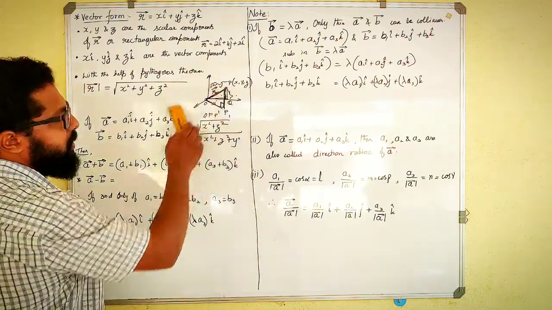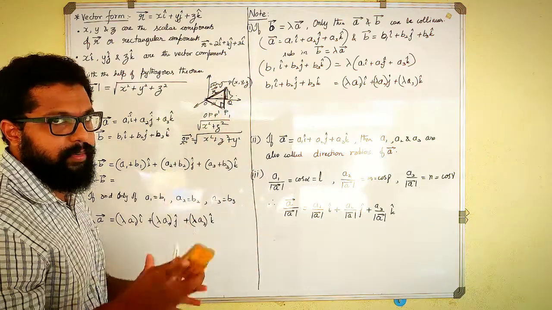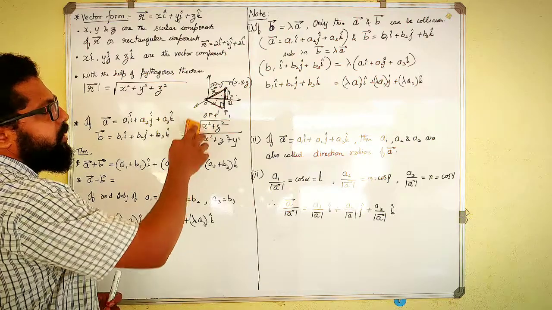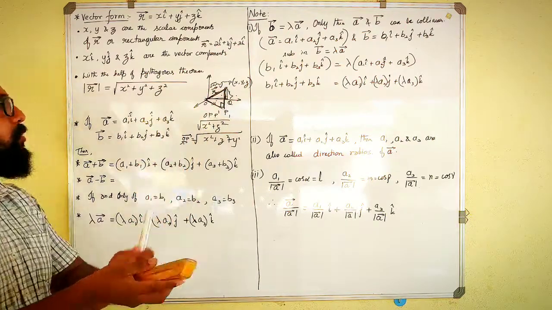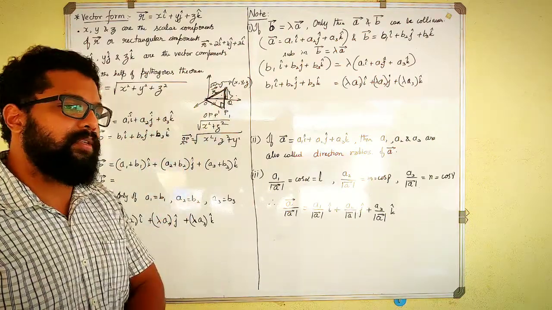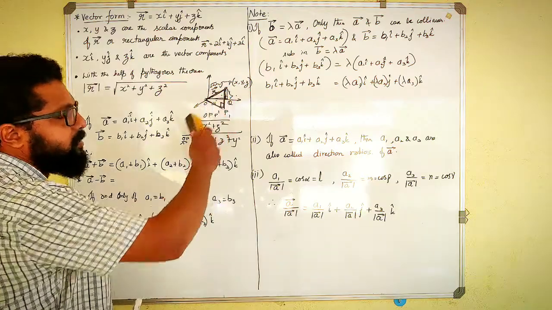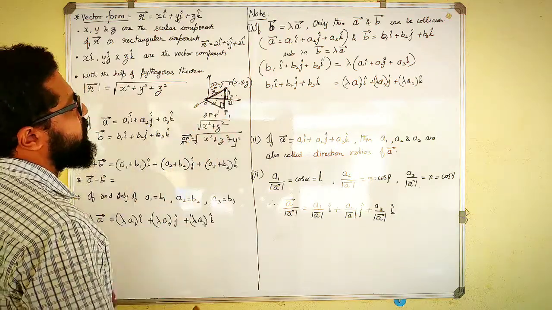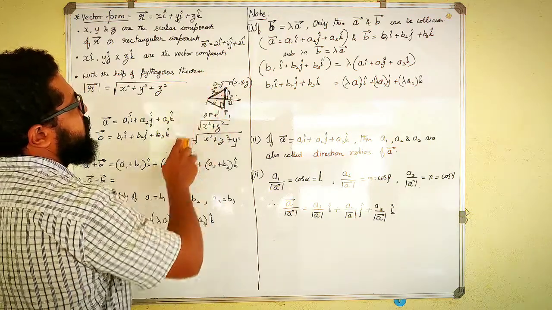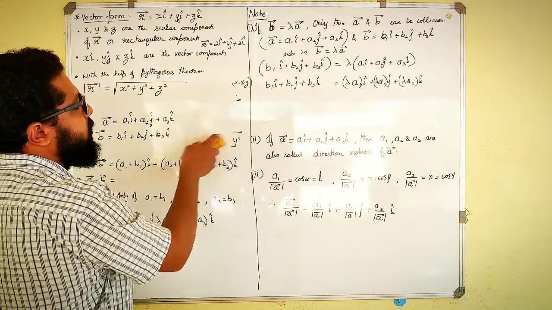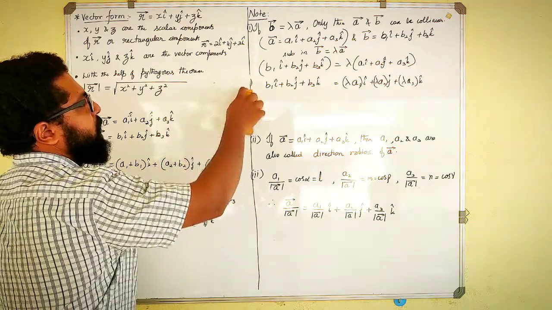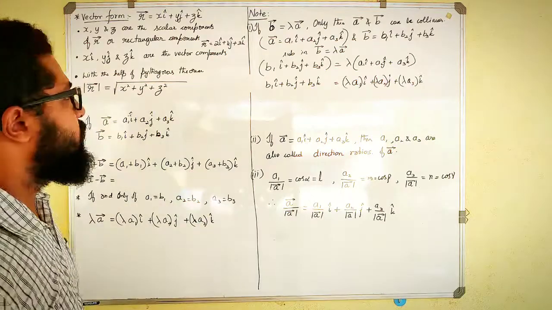Okay, so this part is nothing much you need to know about it. The only thing you need to remember or understand is the concept of how it is obtained by using Pythagoras theorem. You are going to use two triangles together and you will obtain a certain equation. This equation is going to be the base for all the numericals which you are going to solve from now on.